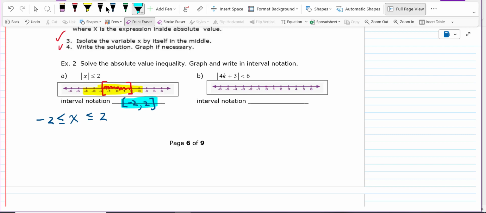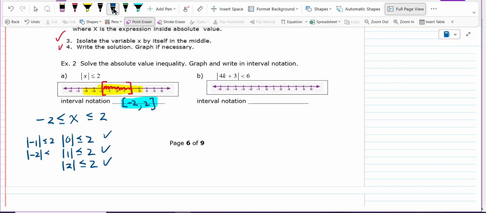And it's pretty easy to understand this, really. If you just take numbers in between -2 and 2, they all work. The absolute value of 0 is less than 2. That works. The absolute value of 1 is less than or equal to 2. The absolute value of 2 is equal to 2, so that works. And then your negative numbers work also